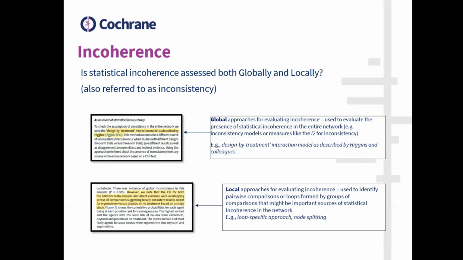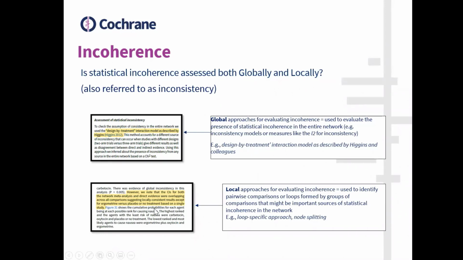This is looking at statistical incoherence in the entire network. So thinking about the network diagram I showed you, it would look at whether the indirect and direct evidence agree across the whole network. And you can use design by treatment interaction models and